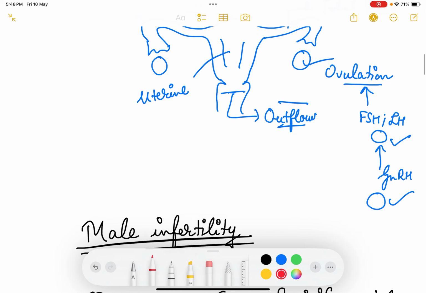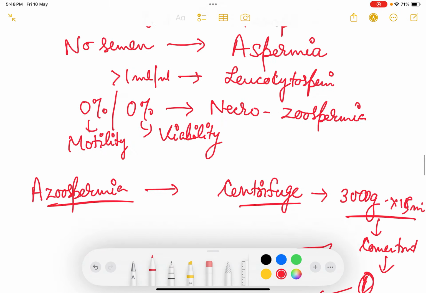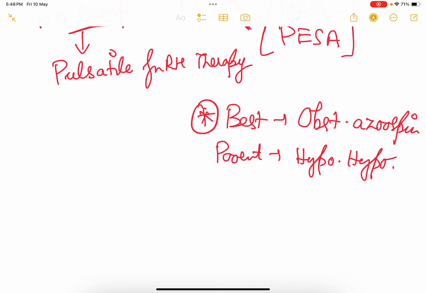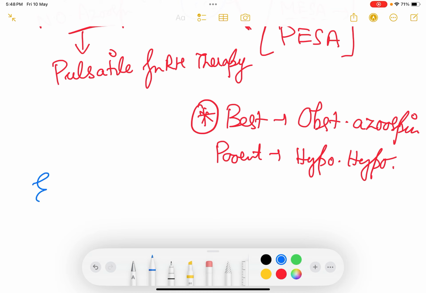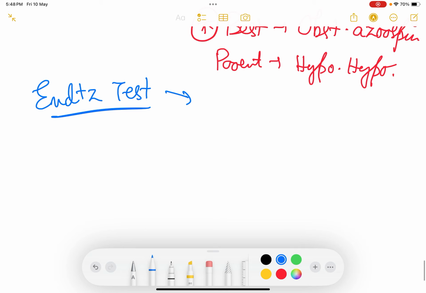Okay, so this is all about how we generally approach male infertility. Okay, now one more thing which I want to add is that sometimes you are asked in examination, what is the ENDS test? ENDS test helps in differentiating between leukocytes versus other